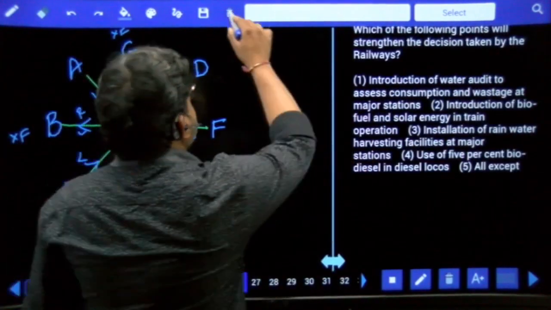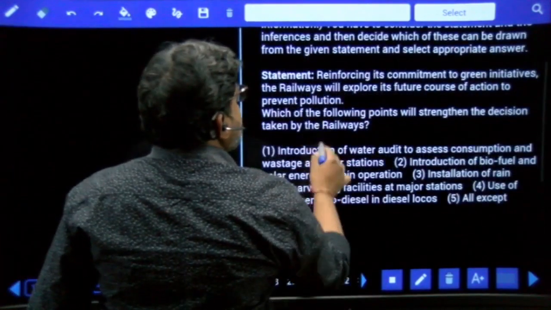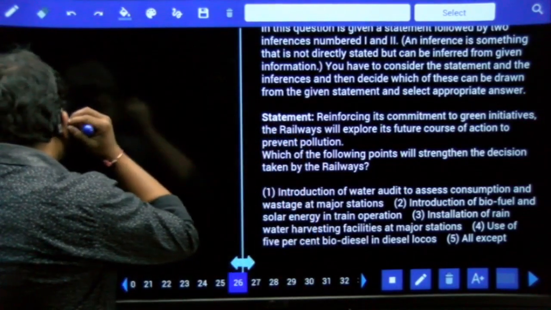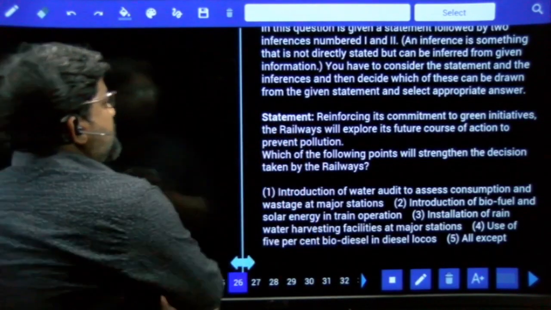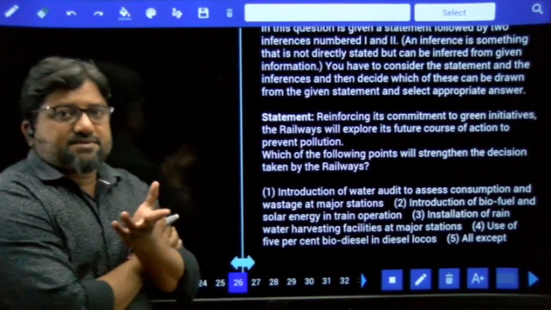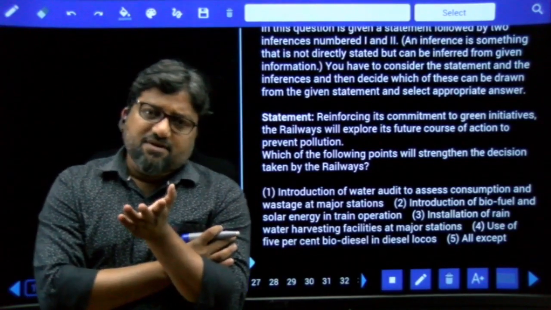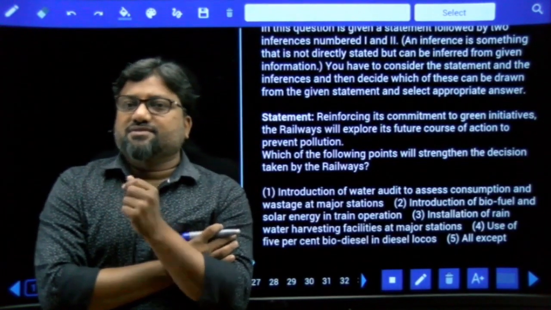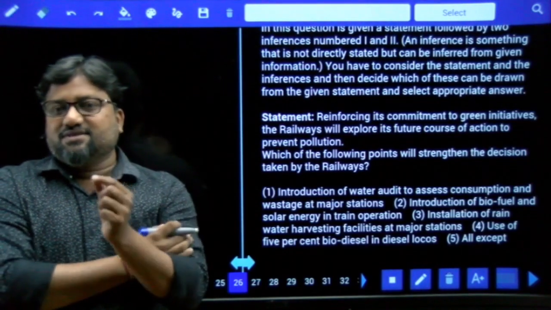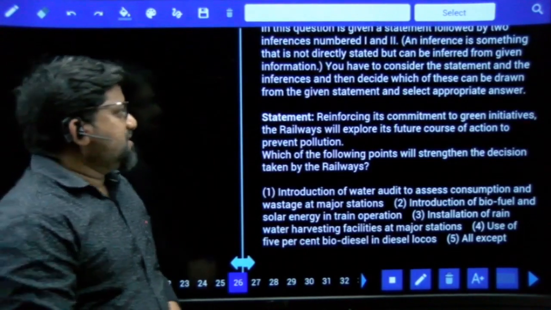26, okay, 26, different question. We'll see what this question is. I think this is based on critical reasoning. Whenever you try to solve any question on critical reasoning, first you should try to understand the correct meaning of the word. And if you don't understand the correct meaning of the word, you won't get the answer. This is the problem with critical reasoning. You have to understand the statement and what the questioner is trying to explain in the statement. This is important.